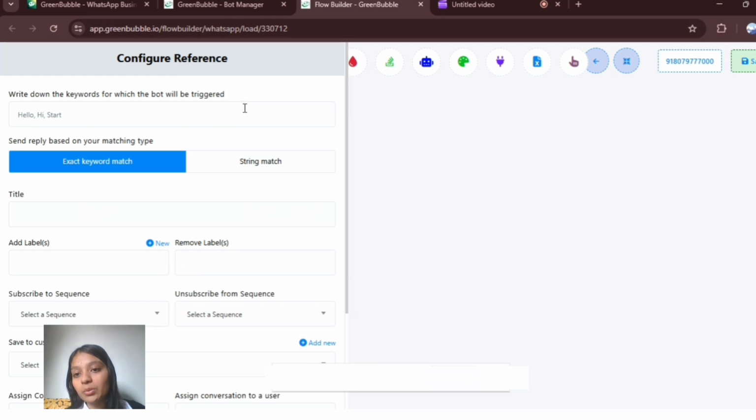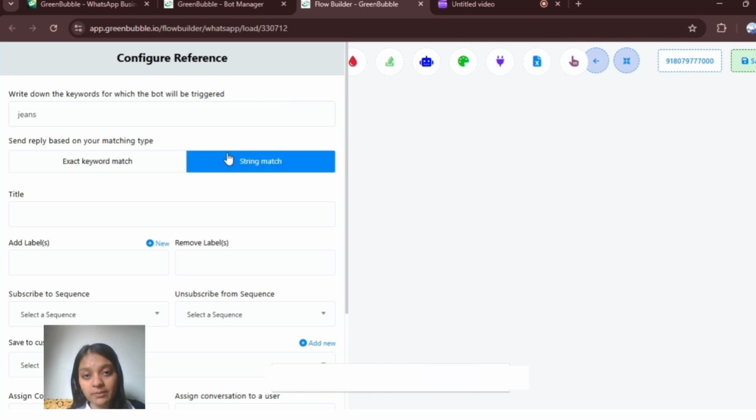For the keyword we can simply add jeans, or I can click on exact keyword match or string match. With exact match, whenever the customer asks for jeans or types jeans, only then will the flow start. But if I select string match, whenever jeans is mentioned in any sentence, the flow will start working.